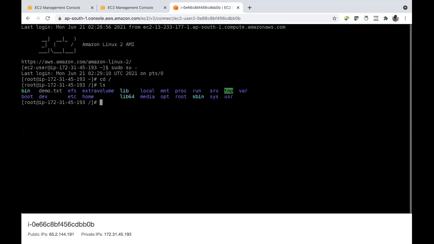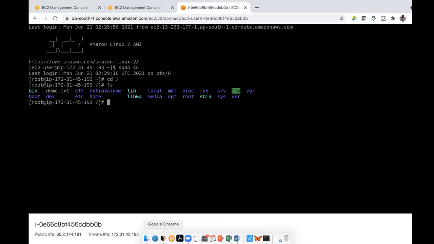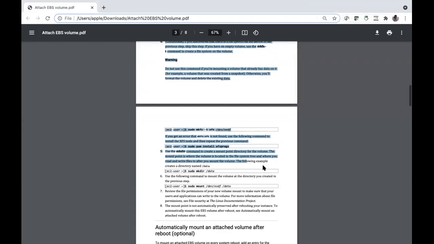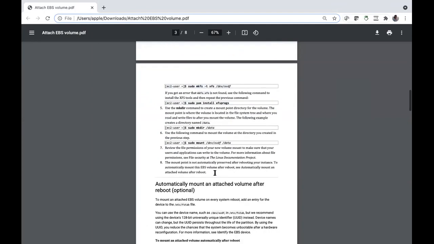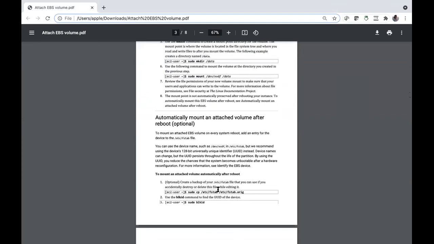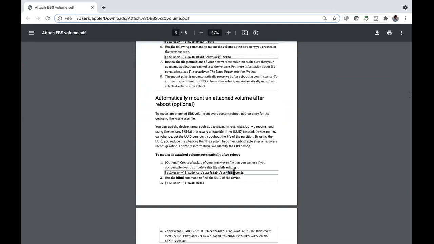In this file system, I have one file. Let me open this. One file called fstab. And I have to edit this fstab. And where is this fstab?